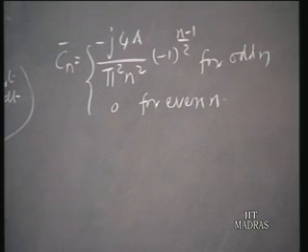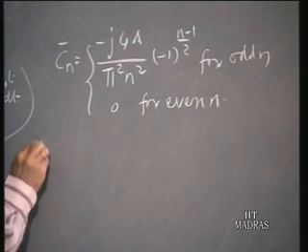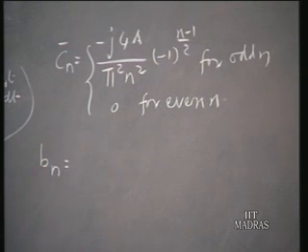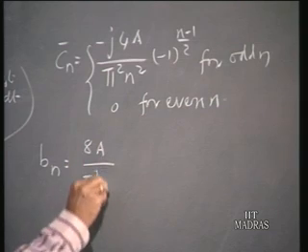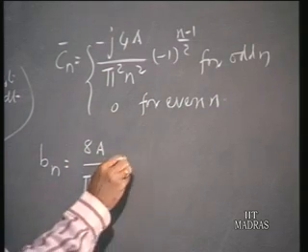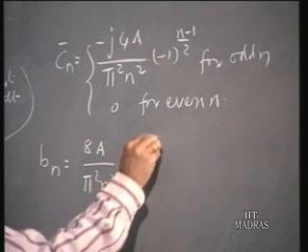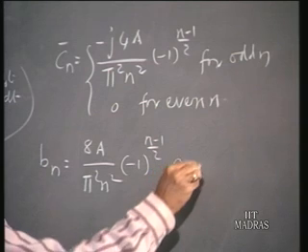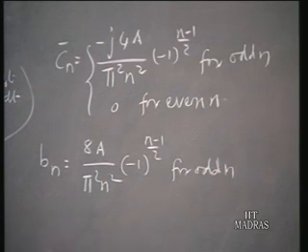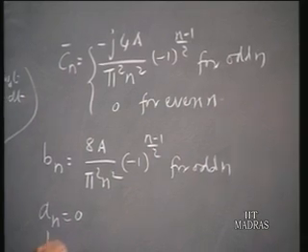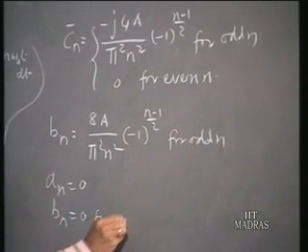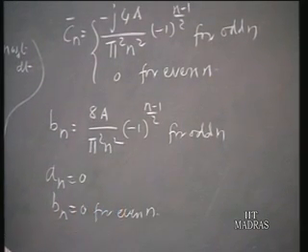Recognizing that Cn equals an minus jbn by 2, you can write that bn is 8a by pi squared n squared minus 1 to the power n minus 1 upon 2 for odd n, and we know an is 0, bn is 0 for even n,